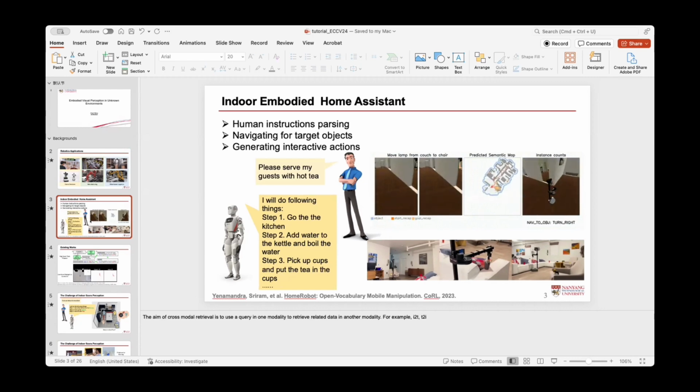This is a very popular and also very challenging topic in robotics, because mobile manipulation is very different from fixed-base manipulation. In fixed-base manipulation, the view of the camera is fixed, and if we want to manipulate something, we can collect a lot of data like Open X-Embodiment, and we can generate generalizable policies. But in mobile manipulation, the first thing is that the views always change. And the second thing is that,